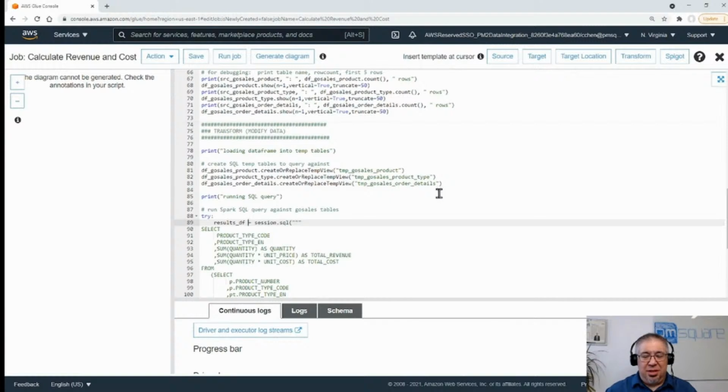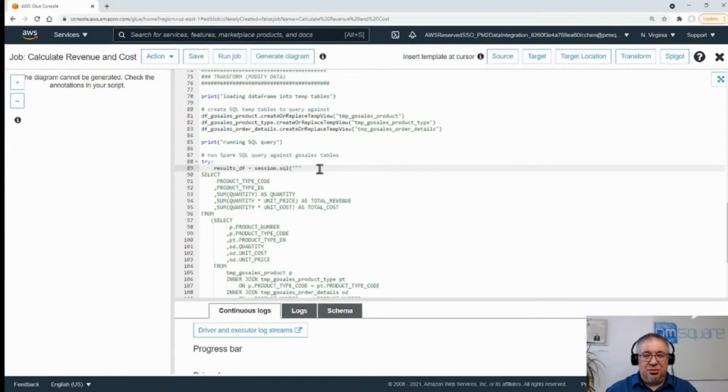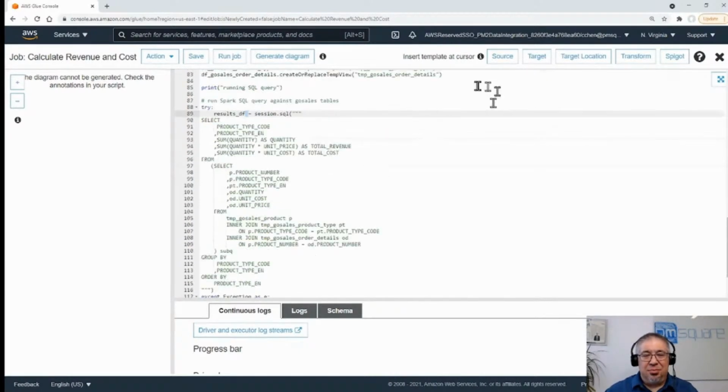Now that we've loaded the data frames into memory, I log a message that we're going to be starting our SQL query. Instead of saving the SQL statement in a variable, in this case, I'm passing the SQL query directly to the session, and we'll store the results in the results_df data frame. Our statement is a select of product type code, product type English, quantity, total revenue, and total cost from